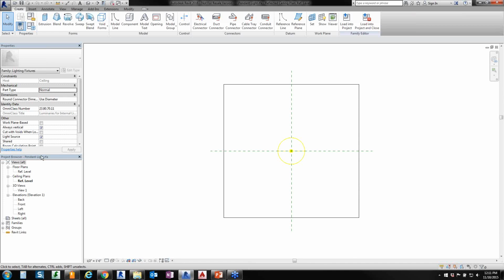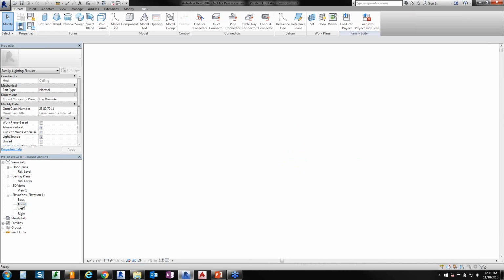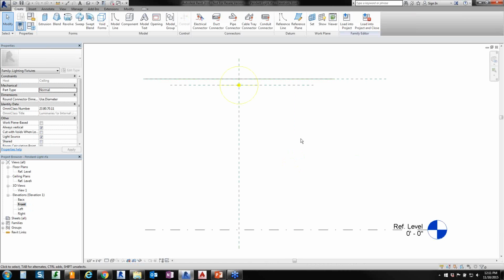And now what I'm going to do is go down to my project browser down here on the left, and select my elevation. I want to see my front view. Let me do a zoom extents to bring that up. All right, so right now I'm in my front view elevation, and what we have already set up for us,